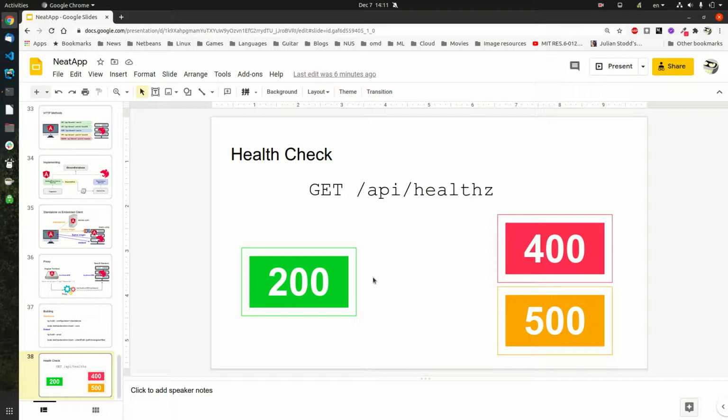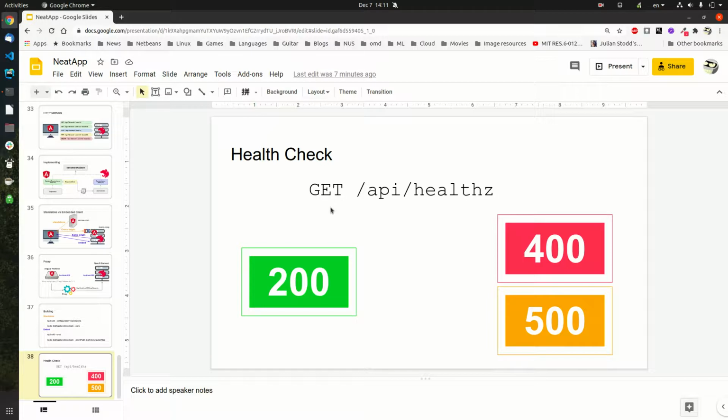What I'm going to do today is we're going to talk about a health check. It is something that I've forgotten to implement in our Nest application. What is a health check? A health check is just an API that you add to your application. So in our case, that is the Nest, and this is used by